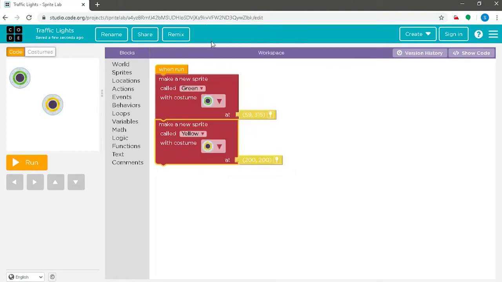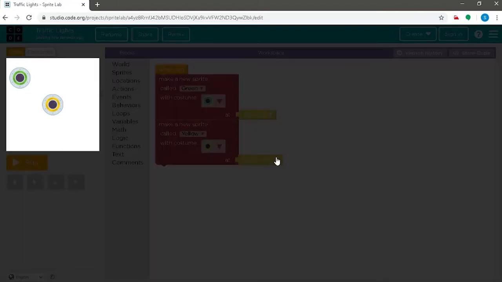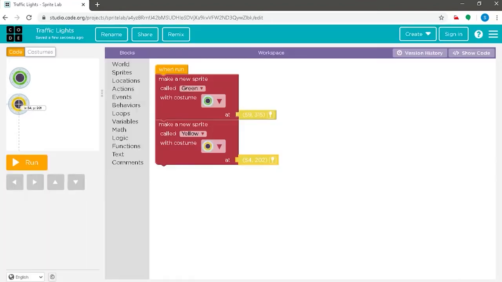Now we will be changing the position of the yellow light by dragging our cursor and placing it right below green. Now our yellow light is created.